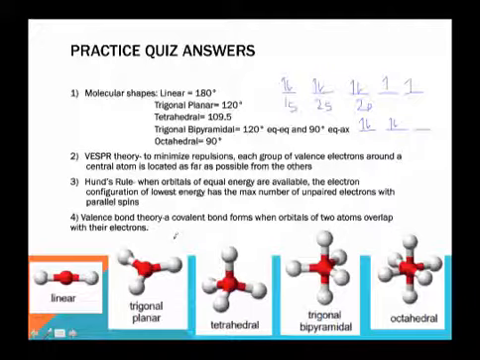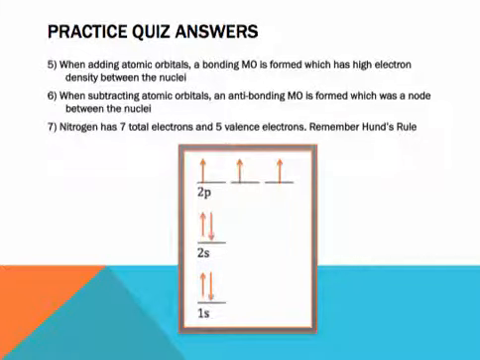Number 4 asked, what is the central idea of valence bond theory? And the valence bond theory states that a covalent bond forms when orbitals of two atoms overlap with their electrons. Number 5 asked, what kind of MO is formed when adding atomic orbitals together, and where is the MO's electron density? So when you add atomic orbitals, a bonding MO is formed, which has a high electron density between the